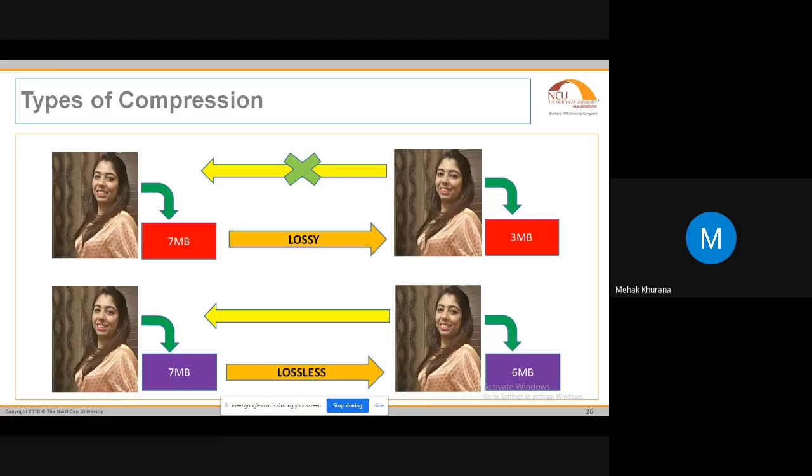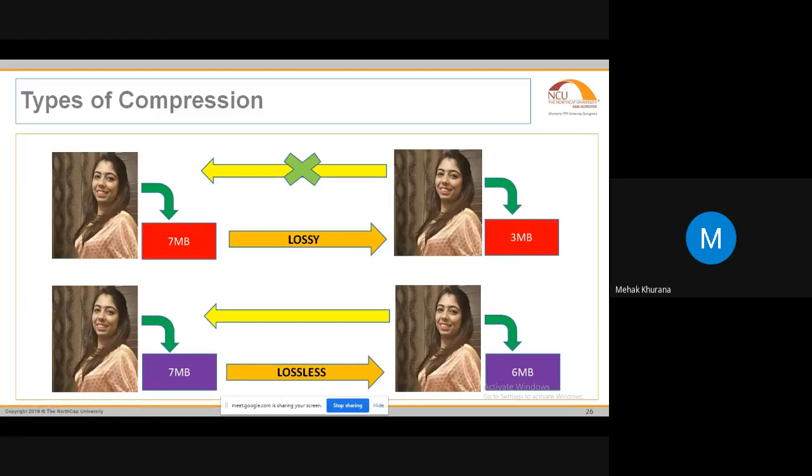Next, sir, please. So can you give me any example where we use lossy compression and where we use lossless compression? Because whenever we are sending a file, normally we are sending images. You know that whenever the file is received at the receiver, the size is not always the same. The size is different from what was sent earlier. So the size keeps getting changed.